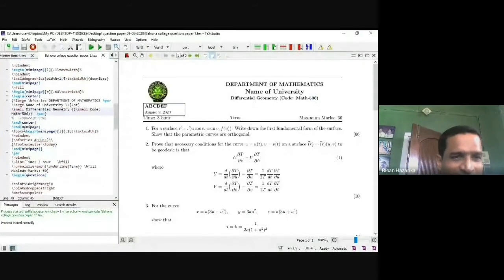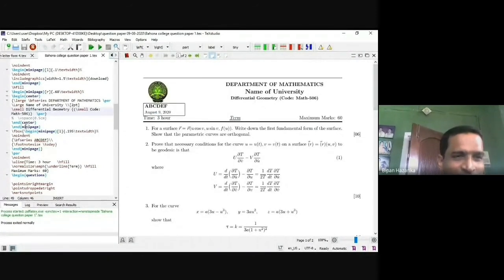Then mini page. I make a mini page for this part. A, B, C, D, E, F, I have written. So this is the mini page I have made. Within this portion, we can make a mini page. Begin minipage and end minipage. Then within that minipage, this is the one main minipage, this section, and within this section we can also put another minipage. We put an fbox, that means we put it in a box.